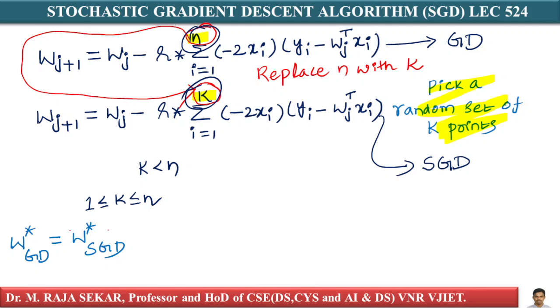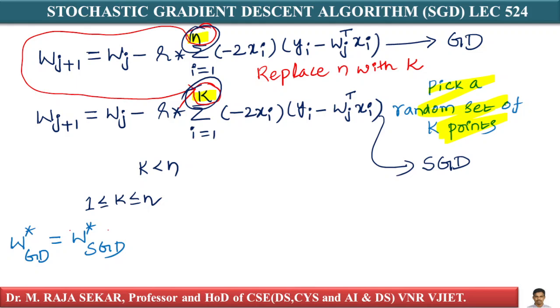Of course, there are some mathematical conditions under which this W star GD equal to W star SGD is always true. There must be some mathematical condition. Don't worry about a deep mathematical proof of it. What it says is, if you pick k points randomly from the total data set of n points,